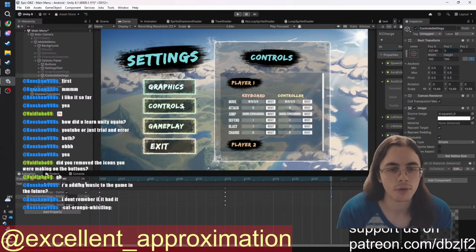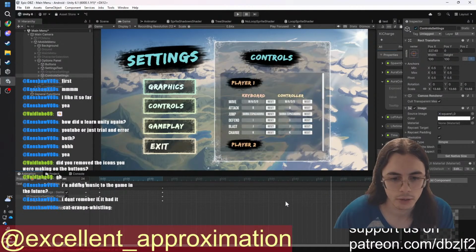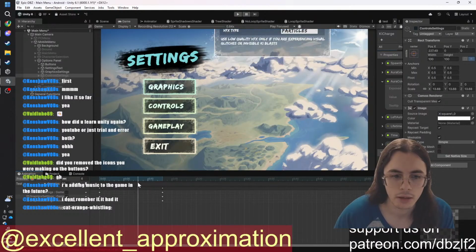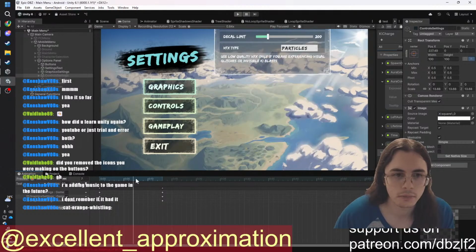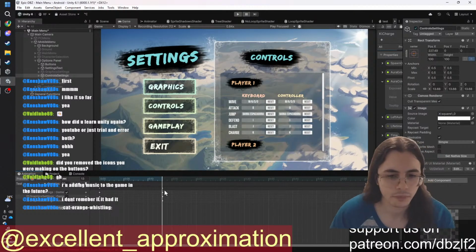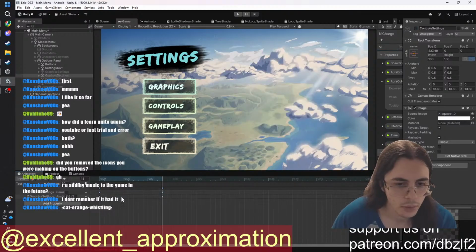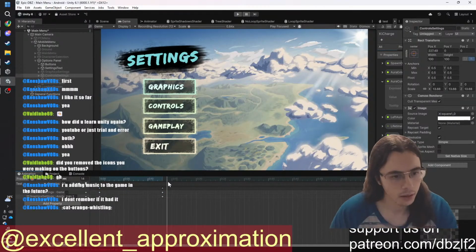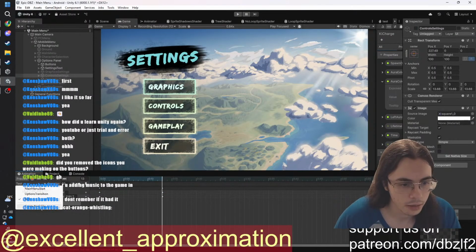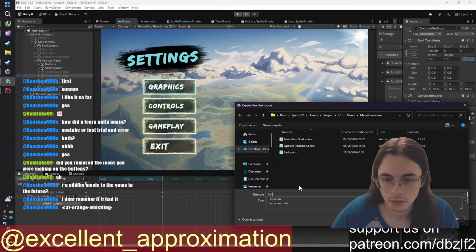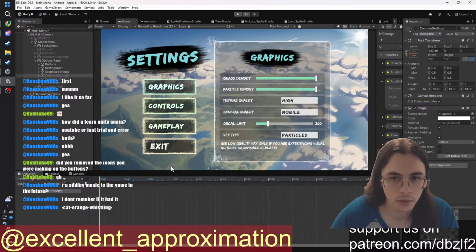Maybe you have to make one for exiting graphics and then a different one for entering controls. That's probably how it should be done. So let's make that. Let's just make graphics go up and then we will make a new clip test for the